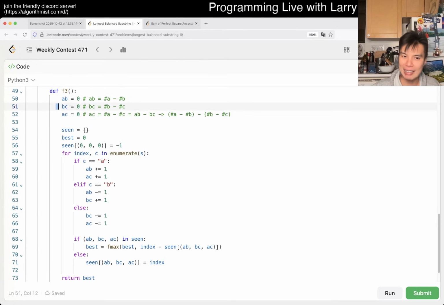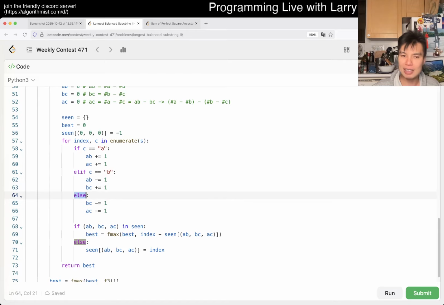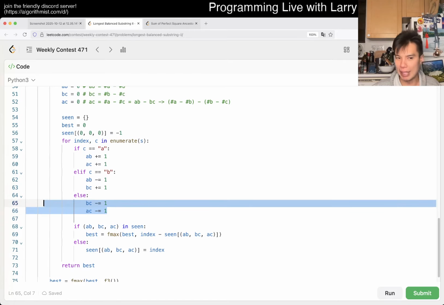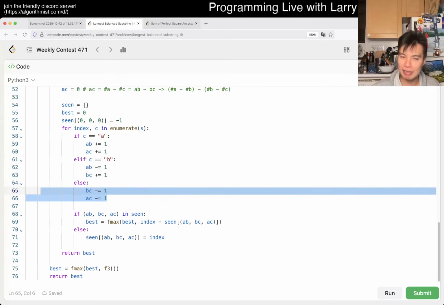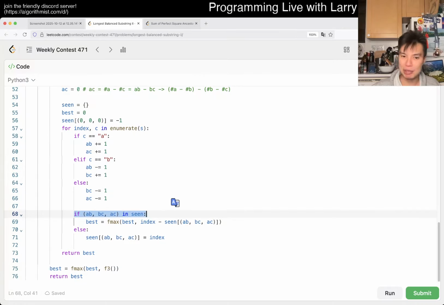So when we have an A, we just increment A, right? So +1. If the character is B, then it's on the right side, so make A -1, and +1 for the B, right? And then else, this is a C, by the way. There was -1, -1, and then we just update the states. And then now if we've seen it, then it is what we said, and we keep track of the index of the first time that we've seen it. And otherwise, if we haven't seen it, then we update it to the first time we've seen it,